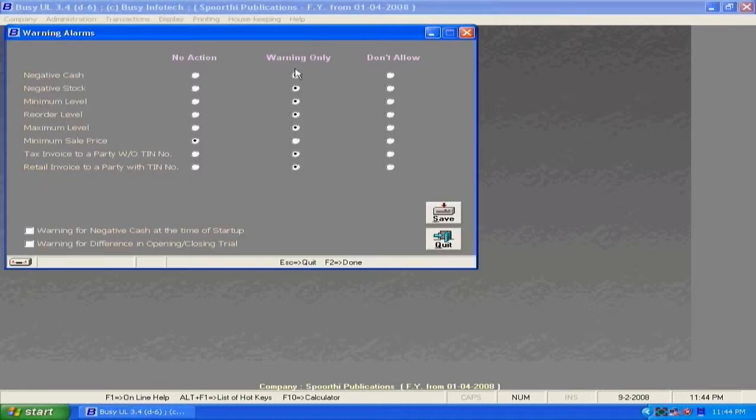warning alarms which are set when accounts are negative or inventory goes low. You can set the warning levels. One for negative cash at the time of startup, which helps you in maintaining your accounts.